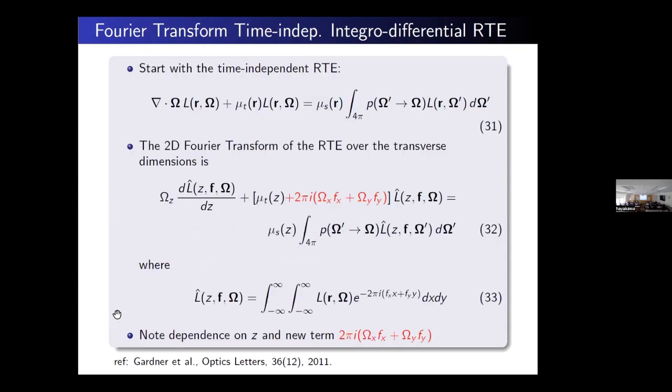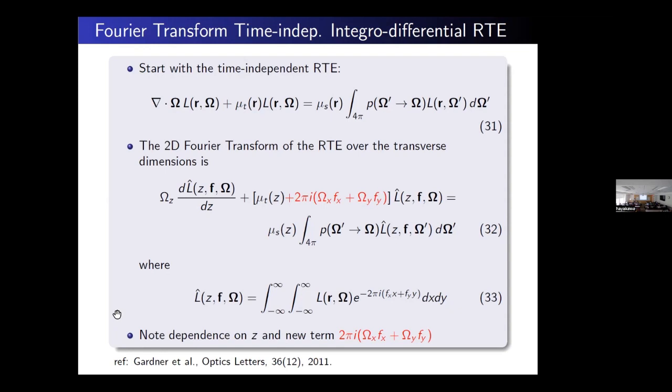So we start with the time-independent RTE. We do the Fourier transform over the transverse dimensions, X and Y. We always define these in the most general terms, but honestly, I don't think I've ever seen an SFDI measurement taken where the sinusoids are also along the y-axis. But to keep full generality, this was performed over both X and Y axes.